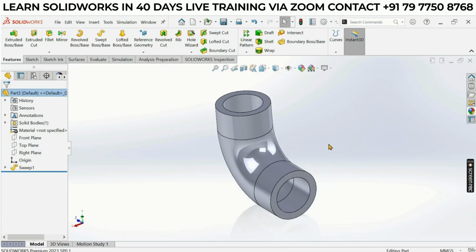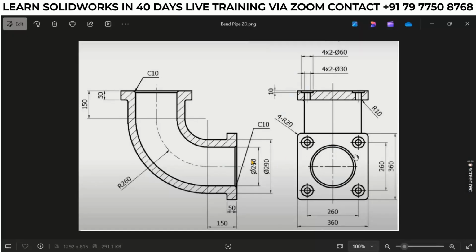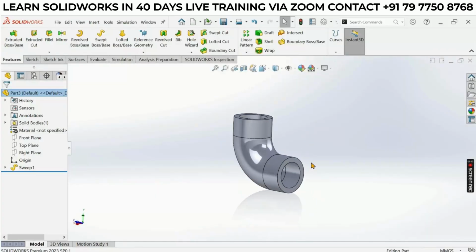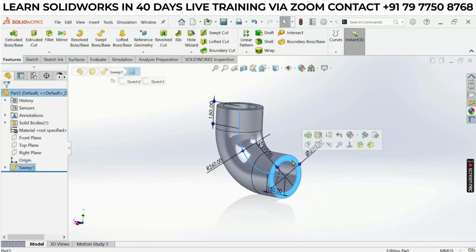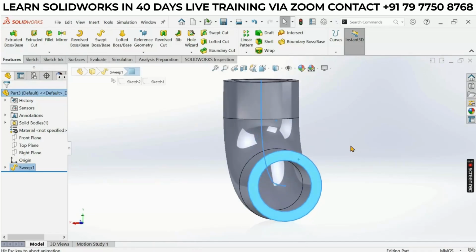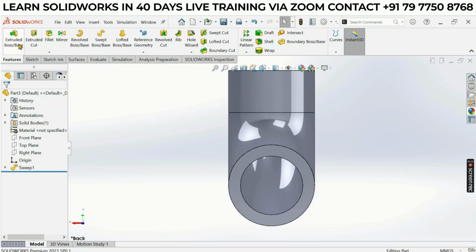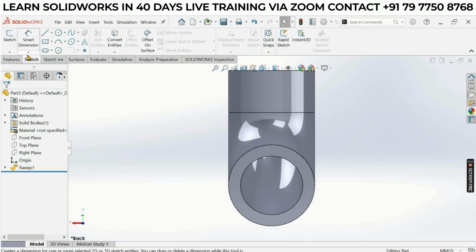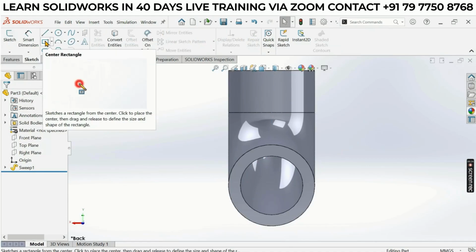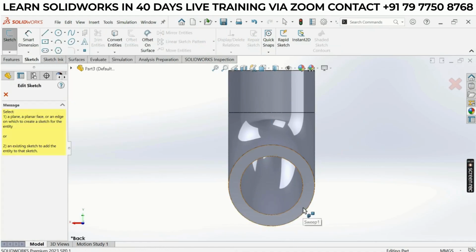Okay, then what's the next step? The next step is to add flanges. Flange dimension is 360 with a width of 50. 50 is the thickness of this flange. Then select this surface, make it Normal To, then go to Sketch, Center Rectangle,